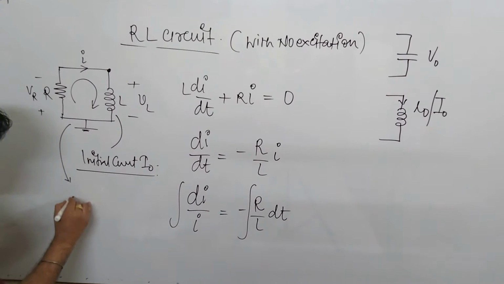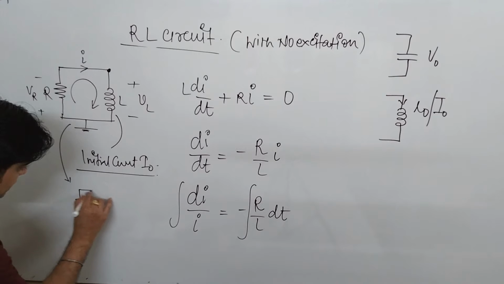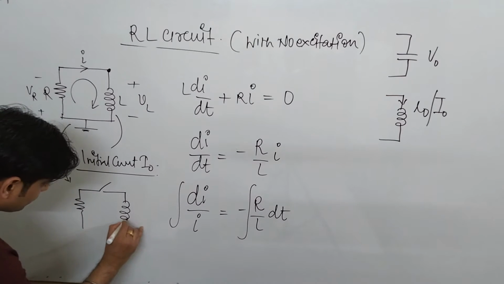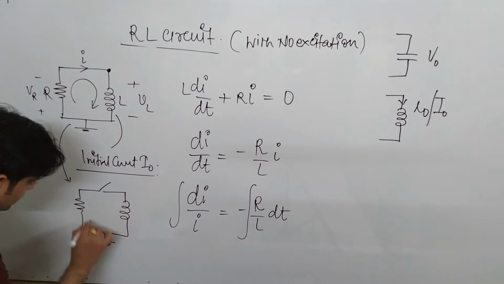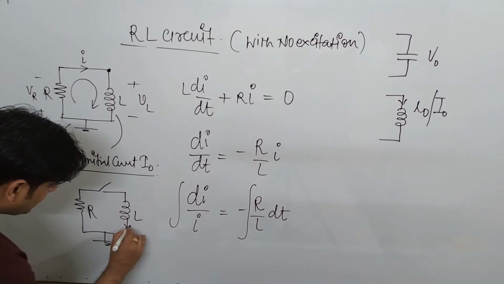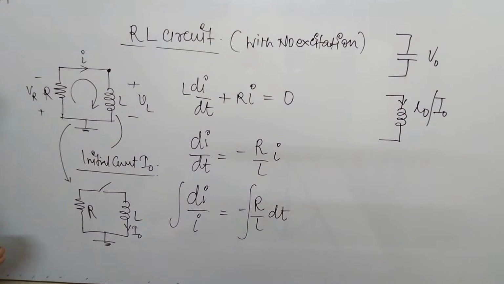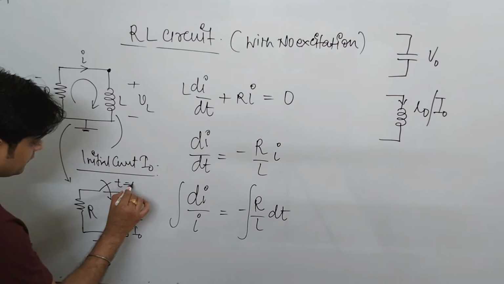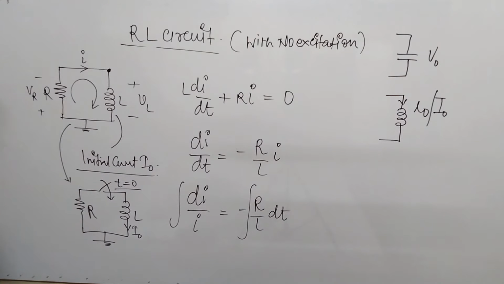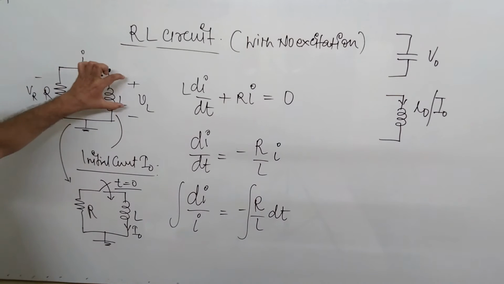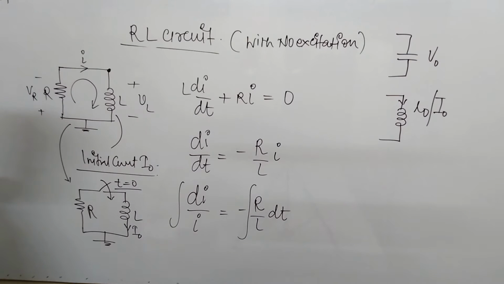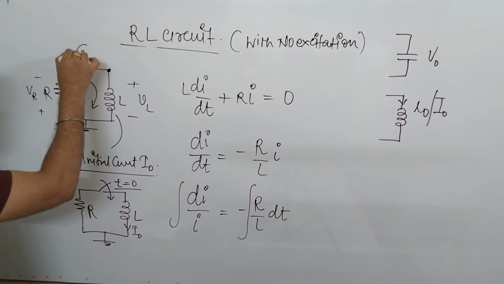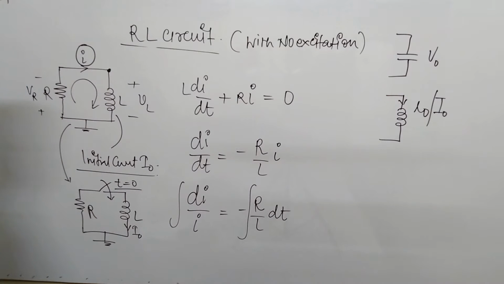If you reanalyze this diagram, it can also be mentioned in this form. This is your resistance R, this is L, and this inductor carries some initial current, and when this switch is closed at t equal to 0, the condition of the circuit will be something different. From here we are mainly interested in finding the behavior of the current in an inductor. In the case of a capacitor, we tried to find the behavior of a voltage. In an inductor, we will find the behavior of a current.